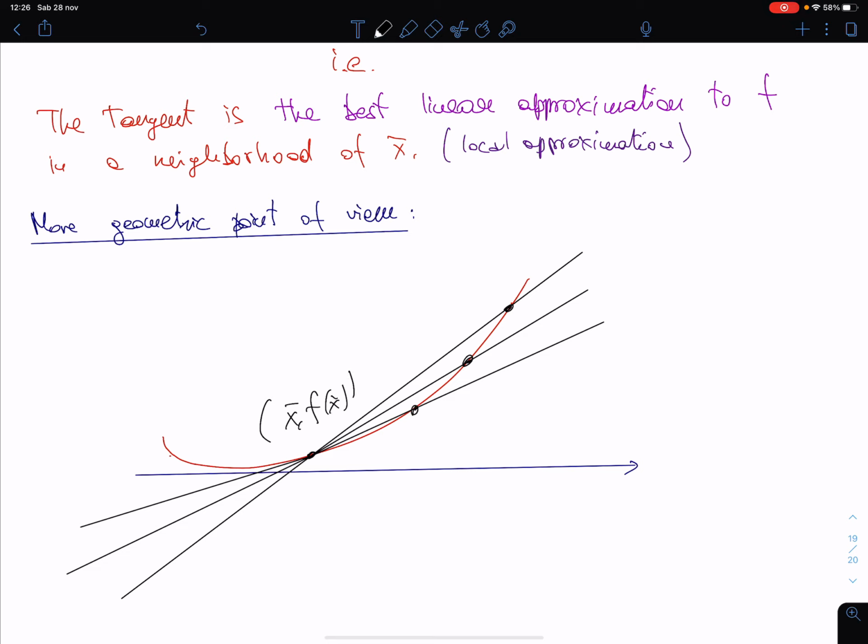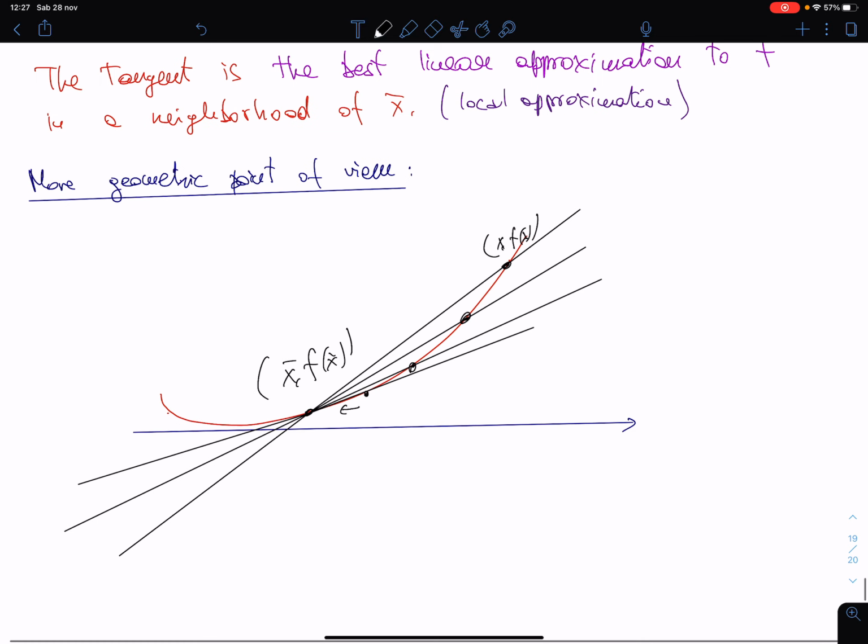All these lines have two contacts with the curve, but when the second point, x, f of x, approaches the first one, x bar, f of x bar, these two contact points tend to coincide. And at the end, in principle, when you get the tangent,